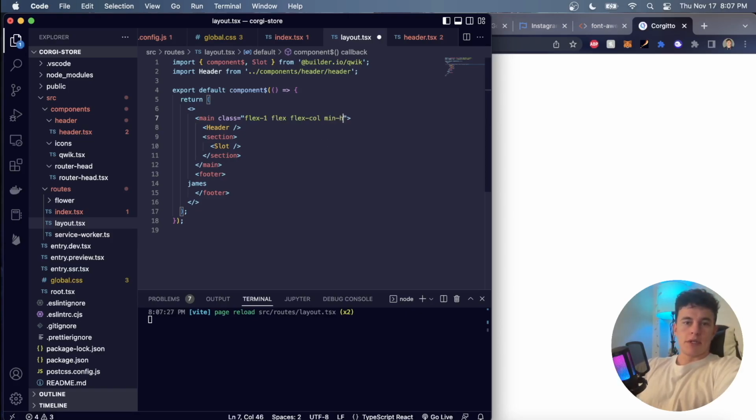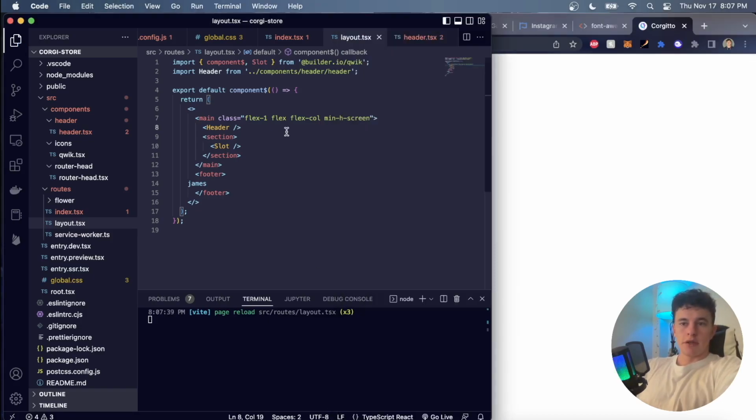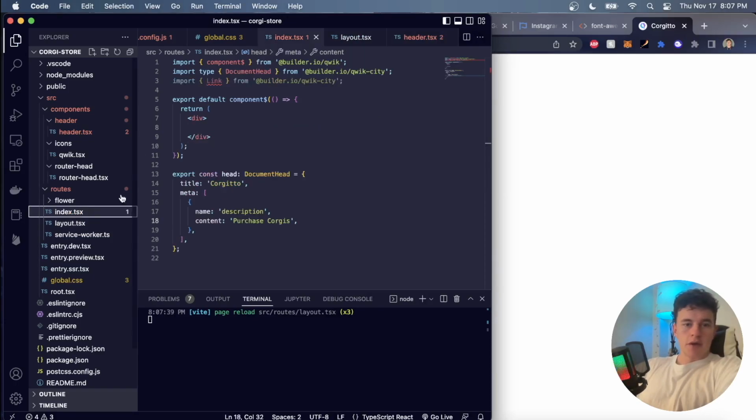And we also want this to occupy a minimum height of the screen. So that will actually just push our footer slightly lower, which is of no concern. The next thing that we're going to be doing is coming into our index file, and in here, we're going to start off by giving this a class of